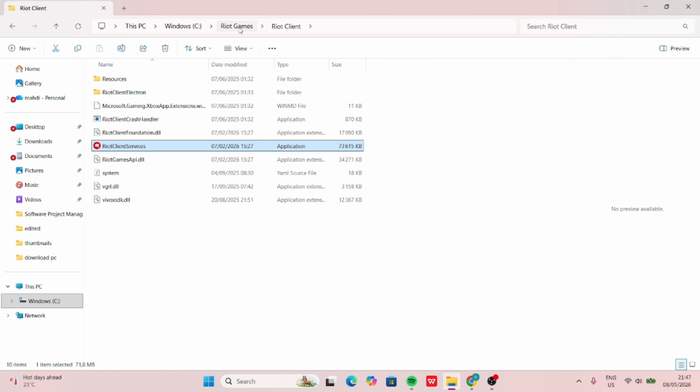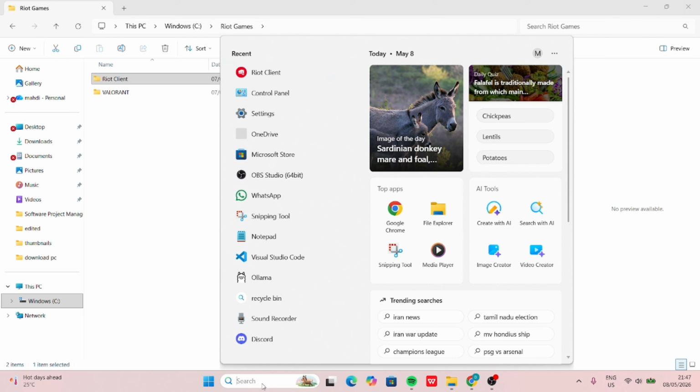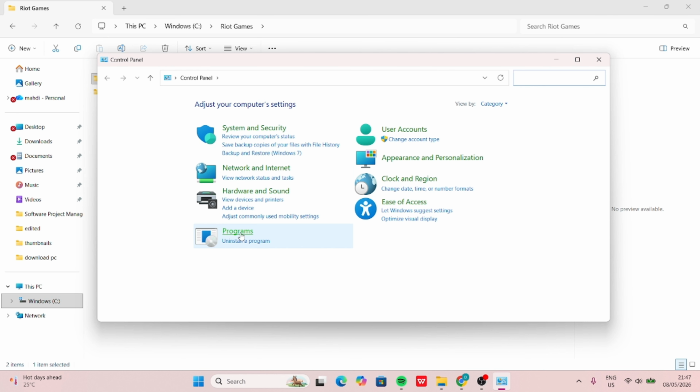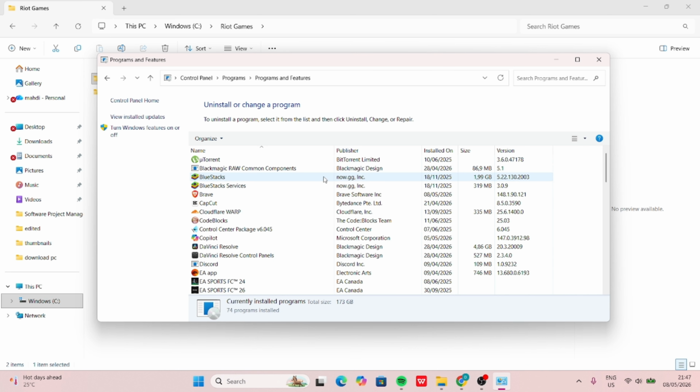You just click here on Riot Games and you are going to delete this folder and also delete this folder. After you finish those two steps, you are going to click here and type control panel. You just come here, choose programs, then choose programs and features,